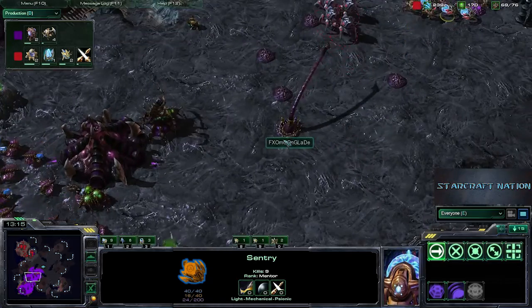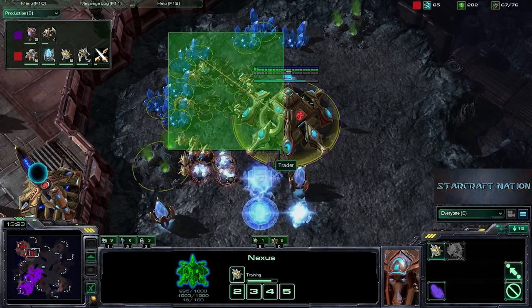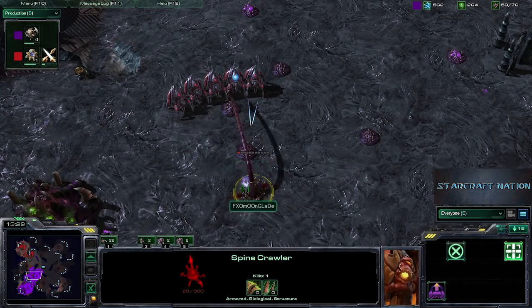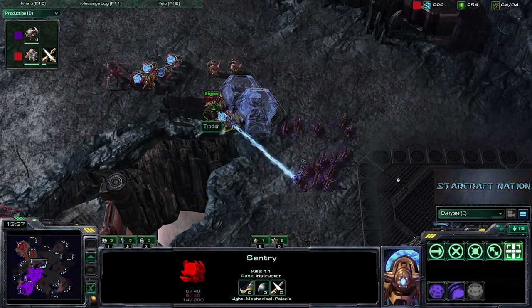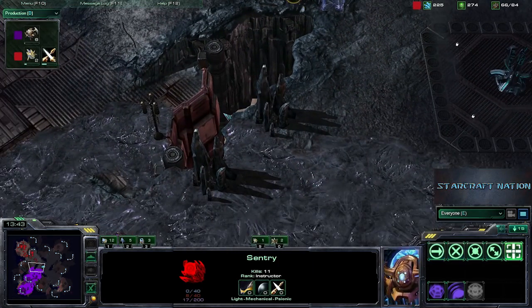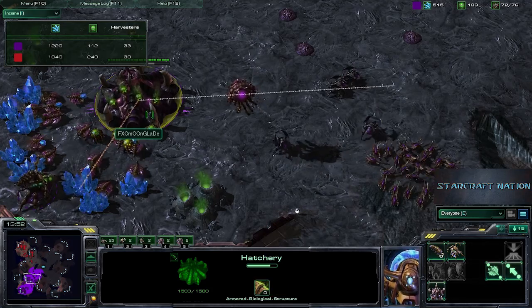Only 1 spine crawler to do any sort of defense, but meanwhile, we do have lings in the natural expansion of LiquidHuk, and these probes will be going down. Lots of probes dying right there, as the Stalkers lining up here and just doing a kick line all over that, right on that spine crawler, as a couple of force fields will be going down, protecting this Sentry and that Zealot. So really, that trade-off went in the favor of Moonglade. He was able to put himself in the harvester count lead